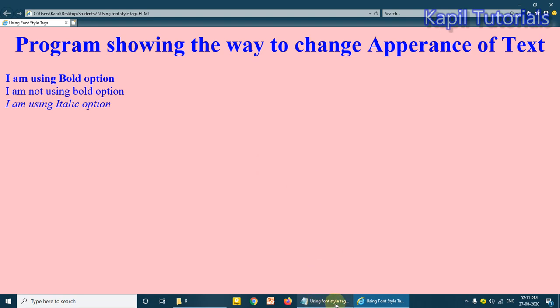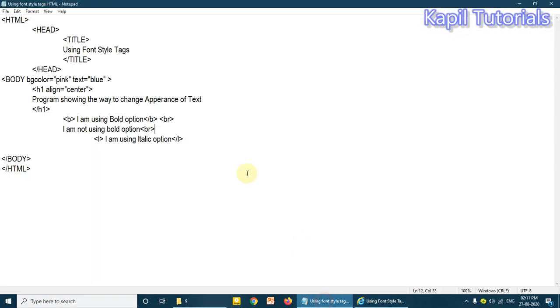Now the third option which is left is underline. So for underline you can put U and then any text I can write. Underline option.